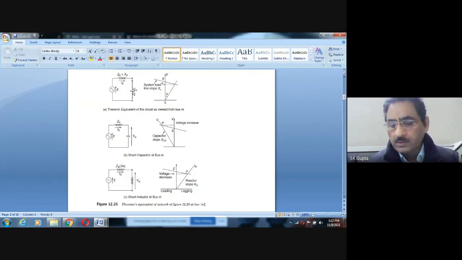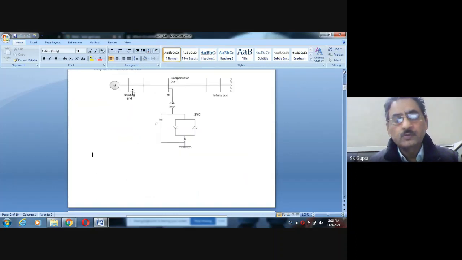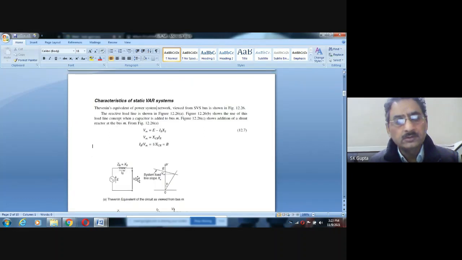मतलब क्या हुआ, जो हमारा ये network था, this entire network is represented as Thevenin's voltage, Thevenin's impedance, and this is here the M bus. So this is the M bus. Now, depending upon this equivalent circuit,